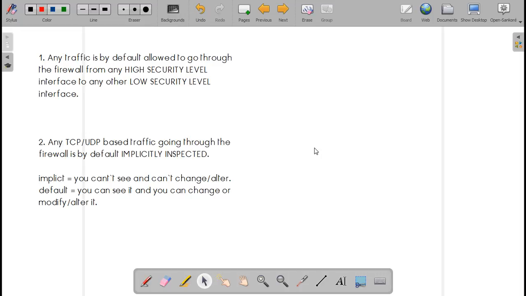So as per this rule, if you check your traffic flow, it's saying what? Any traffic by default is allowed to go through the firewall from source, from any high security level interface. So what are the high security level interfaces here?